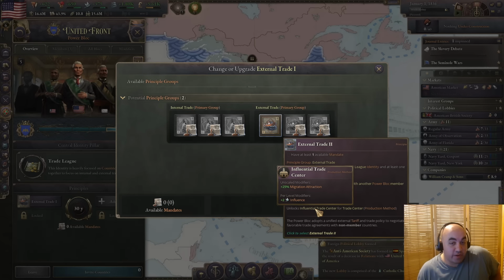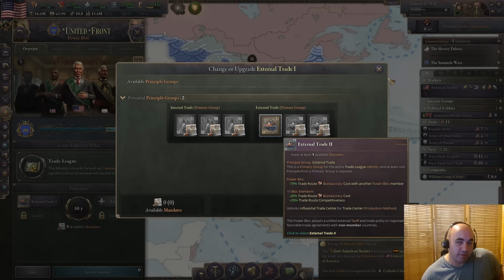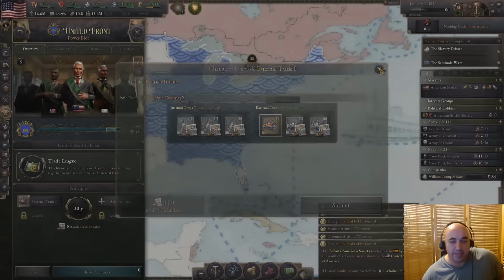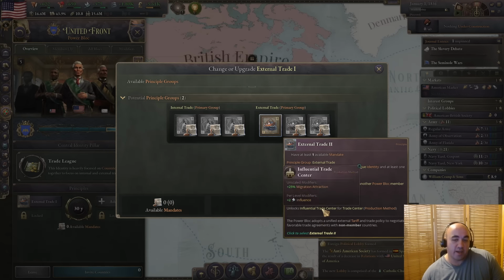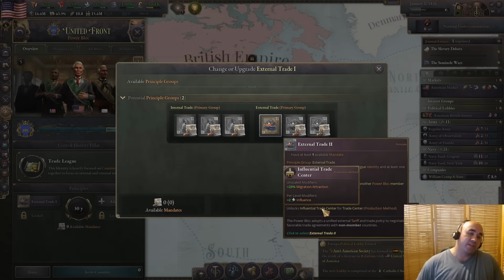like if you have 500 trade routes, you'll get 1,000 influence, and you can use this to really pull people into your block, maintain a bunch of bankrolls, improved relations, trade agreements, this type of stuff. There's really a strong principle for playing the whole Diplo game, and a big portion of playing highly optimally involves getting bankrolls from great powers. With external trade and the influential trade center, it is really easy to maintain high relations with every single great